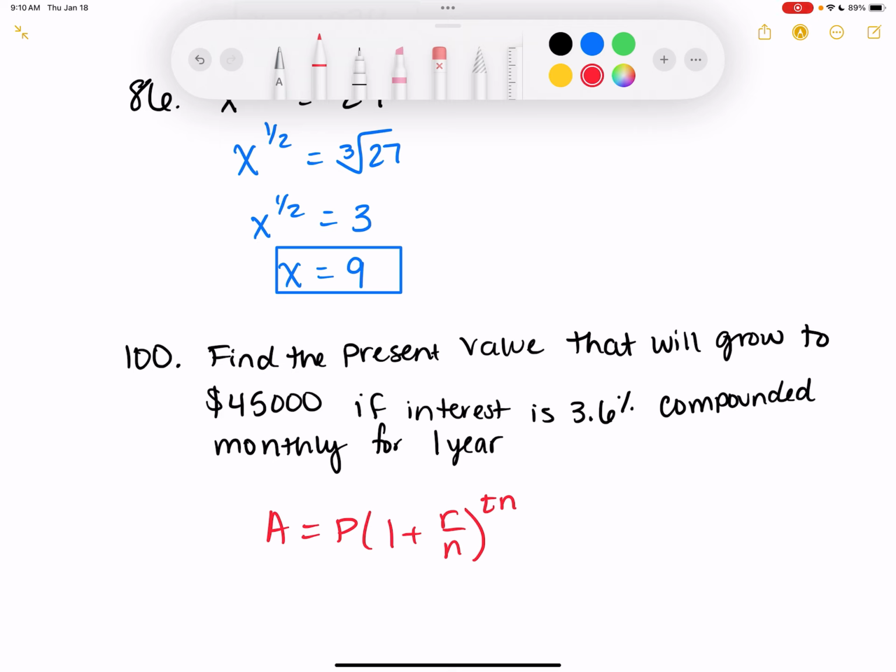And P is the dollars deposited into the account. And then A is going to be the amount that we're